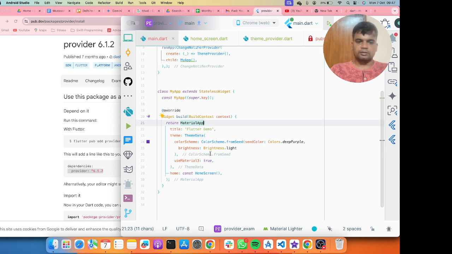See, it is working. So how did I apply the provider? First I add the dependency, then I create a listener called theme provider. There I declare a boolean variable. I created a getter and the setter method. When I am setting the value, I notify the listener.